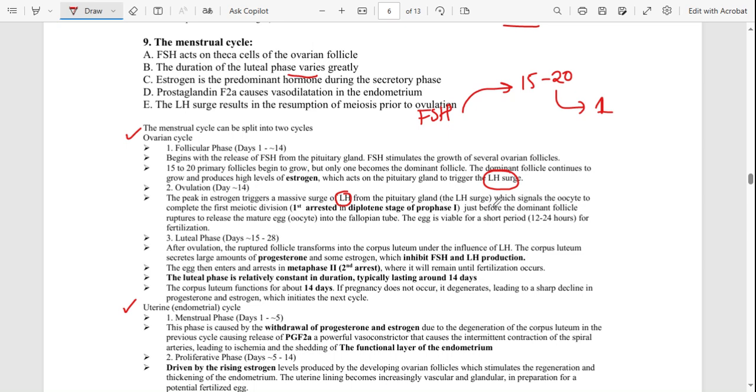And what this is going to do is signal the oocyte, because each follicle contains an egg in it. So once the follicle matures, it's supposed to release this egg which is in it. So that is what's happening. Once luteinizing hormone is released, it's going to signal the oocyte, which is the egg, to complete the first meiotic